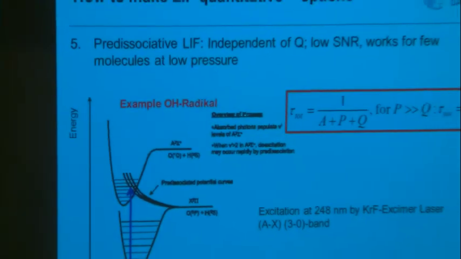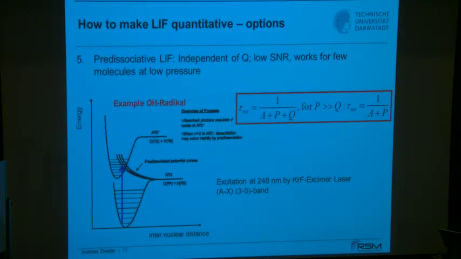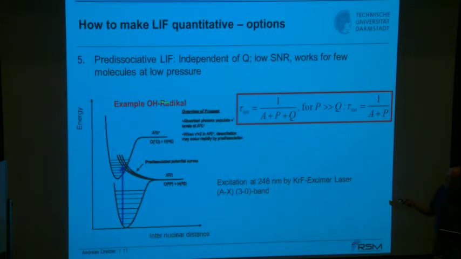But this assumption might be okay. The second question referred to lifetime. Well, that basically answers, that answered the question already. Okay. Good. Then the fifth possibility, we already discussed that some radicals, like the OH, show potential curves which